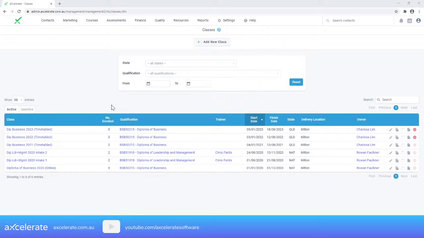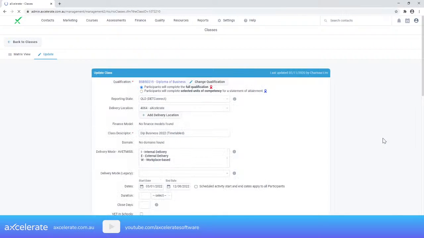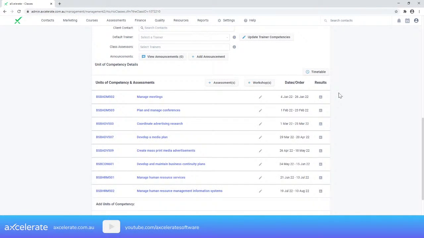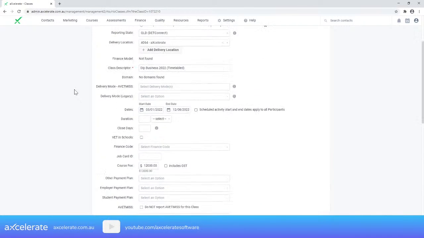Okay, so to start off, what we want to do is to demonstrate a rolling enrollment. So as Rowan explained earlier, that means that a student may start at any point within the course itself. So I'm going to just click into the class update area just to demonstrate the dates. So we're going to look at some dates. I'm going to pop a student into the 3rd unit. So that starts on the 1st of March 2022. All right, so let's go back to the class